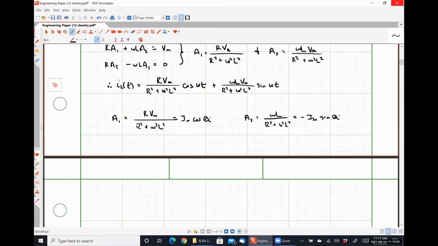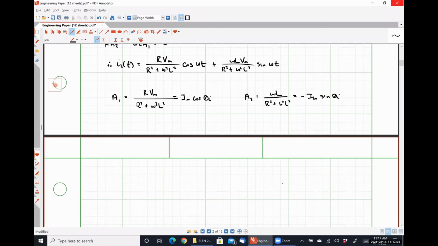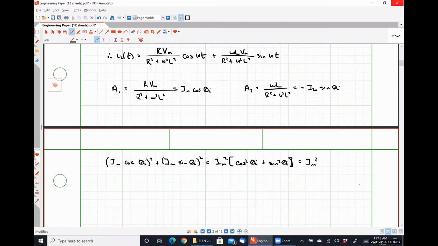So I can say that Im times the cosine of theta I squared plus Im times the sine of theta I quantity squared is equal to Im squared times cosine squared theta I plus sine squared theta I, which is exactly equal to Im squared, since cosine squared plus sine squared is equal to 1 from your high school trig class. So from that, we have Im squared